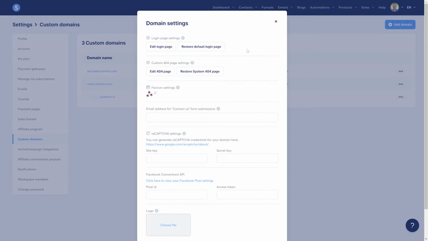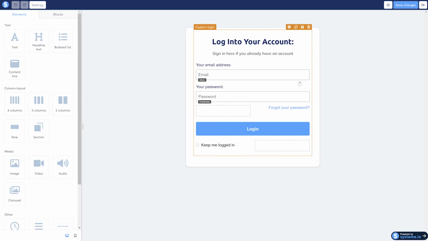Back to the topic. If you have not yet made any changes to the default login or password pages, you only see this Edit Login Page button here. As I already played around a bit, I also get this Restore Default Login Page button here. This one resets your custom pages back to the systemeio default pages, so be careful not to accidentally reset all your custom changes. So click on Edit Login Page to enter your systemeio page editor, which you may already be